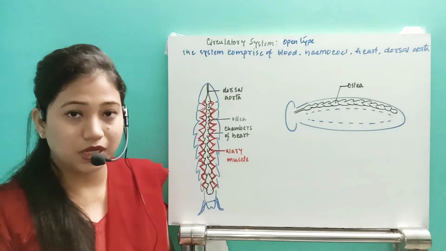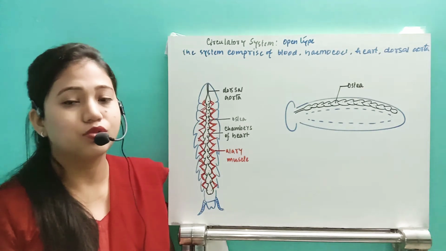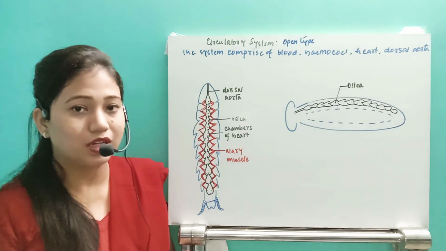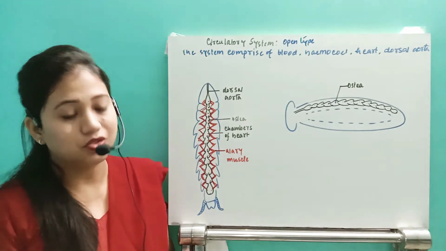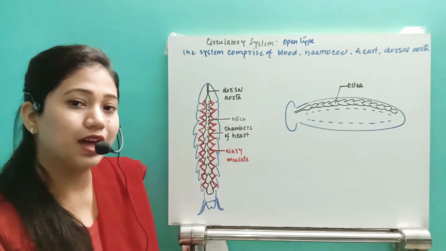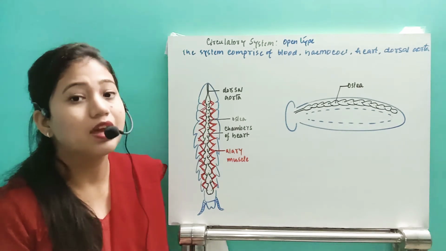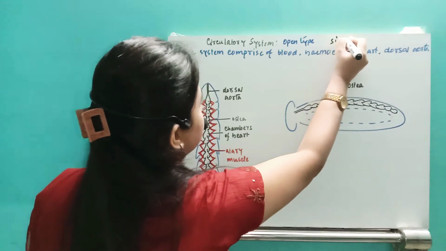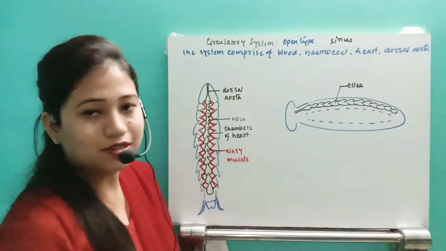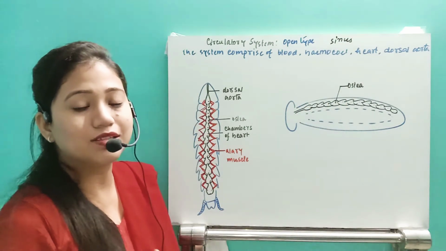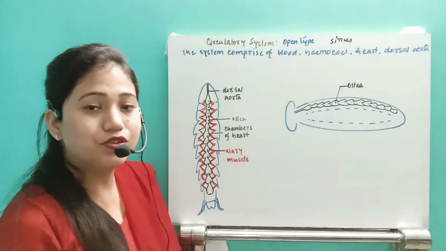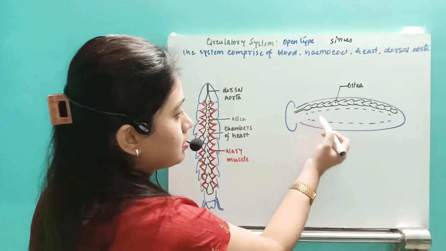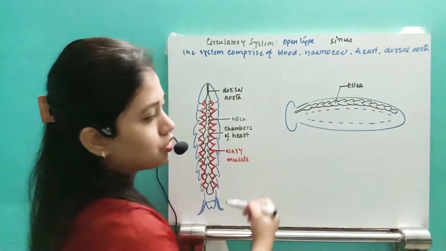Open circulation means this organism doesn't have blood vessels. The blood is present only in the open spaces. And just remember one point, that if the blood is present in an open space, that open space is called the sinus. Okay, so they are going to have sinuses. Broadly, the sinuses can be divided into three basic spaces. So this is the first space, this is the second space, and this is the third space.